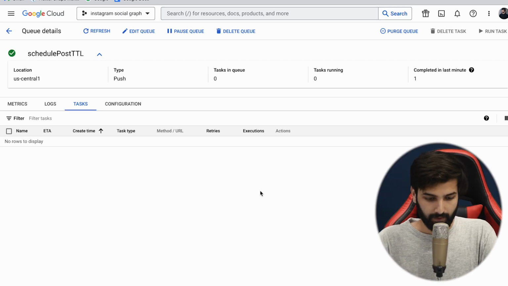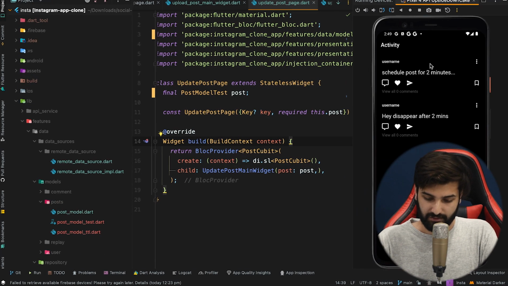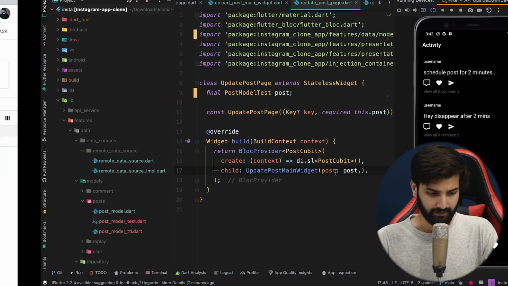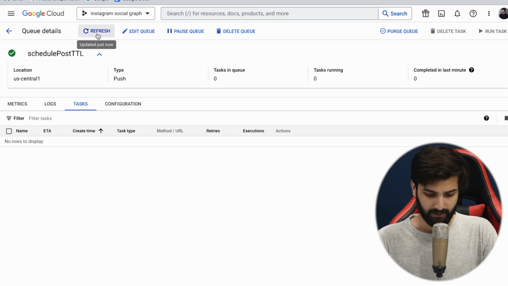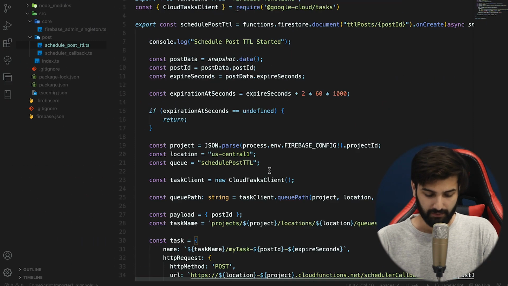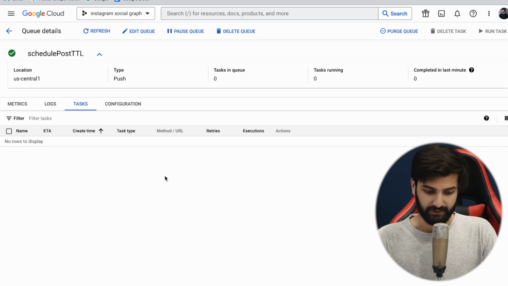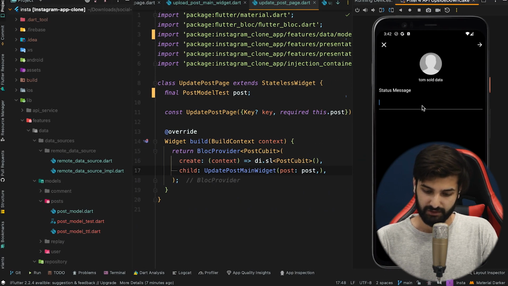this. And we got no task in here and got completed in last minute. And there is no post in here. It means that is directly dispatched and the post is deleted from the collection. That's weird. Okay, so let's go to the queue and let's refresh that queue, and after it's been refreshed, let's go to the code. The code seems to be correct because the post was scheduled and was deleted before the time has arrived. So now after refreshing the queue, let's try it again by creating the post in here,